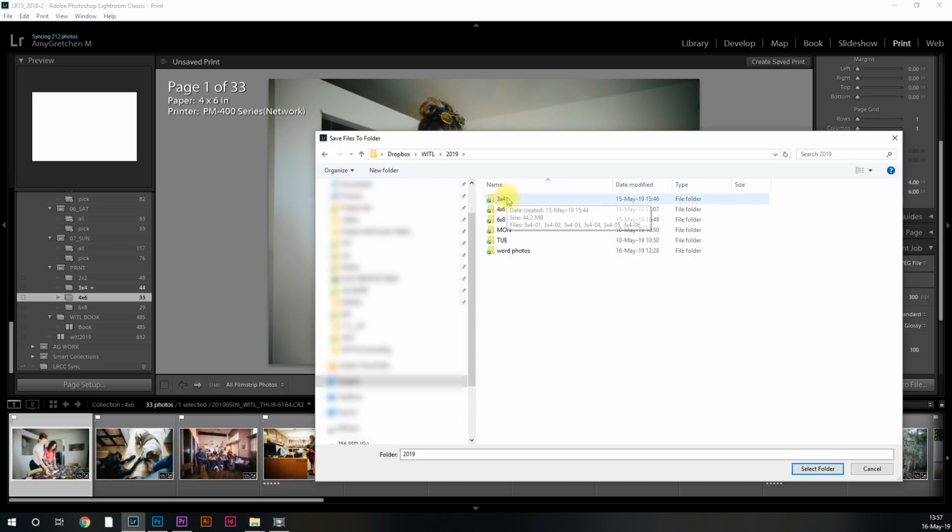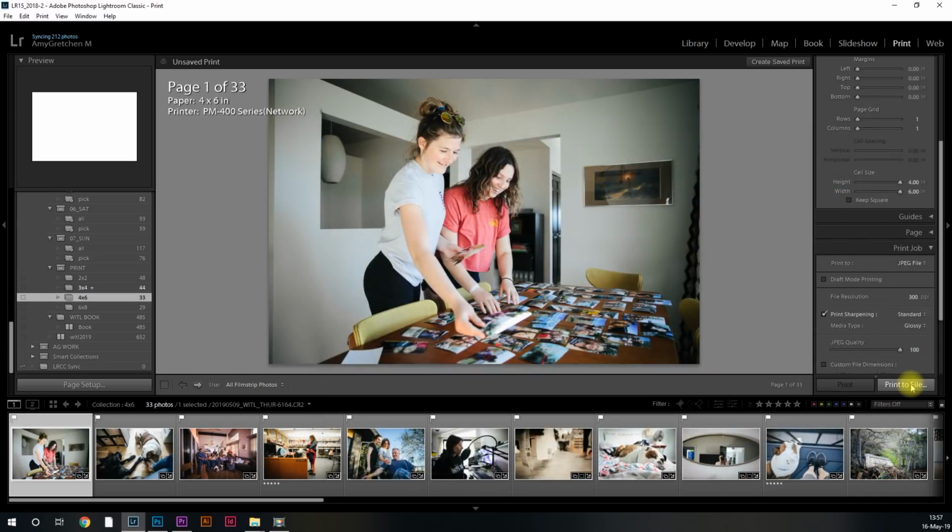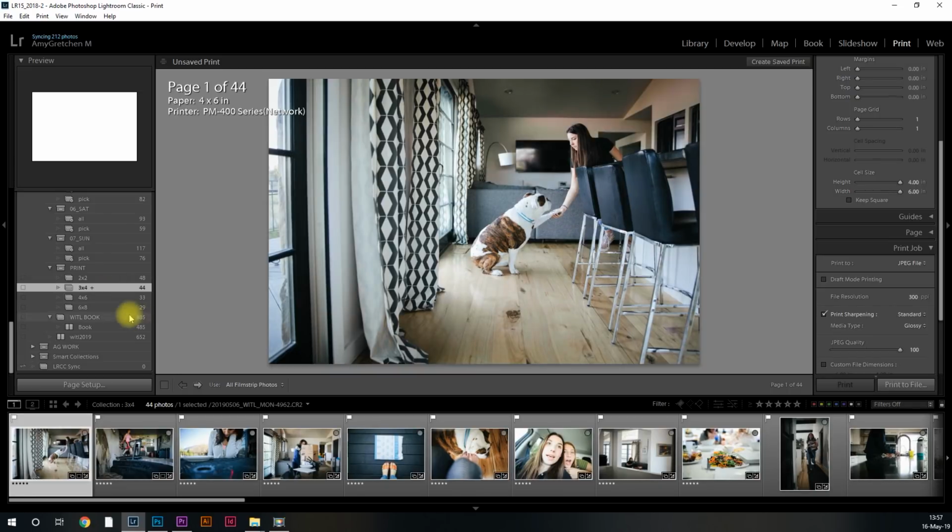You can see that I have my 3x4s and my 4x6s and my 6x8s. Like, I made an album, selected that folder, and then I'm having them prepared for print. So what it's doing is creating a file that is a 4x6 file, so I can send that up to be printed, right? So if I want to do my 3x4s, you can see, again, I'm going to come